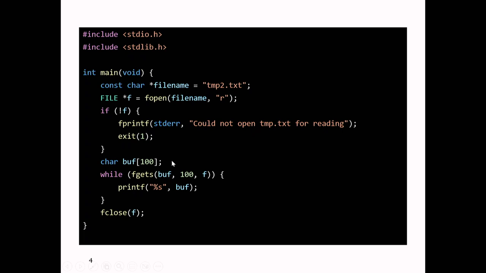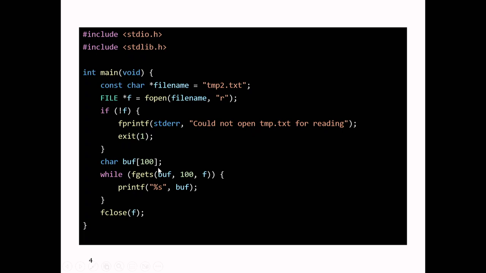a time. So we call fgets with the value 100. So remember, this 100 means read at most 100 minus 1 characters into the string pointed at by buff, right? And buff can hold a string of length 99, because you need one character for the null terminator. So this is perfect. We can read up to 99 characters into there, add the null terminator, and we are guaranteed that buff is always a valid string. And it reads it from the file f, which we opened up here. So this reads in a file one line at a time, and then prints each string